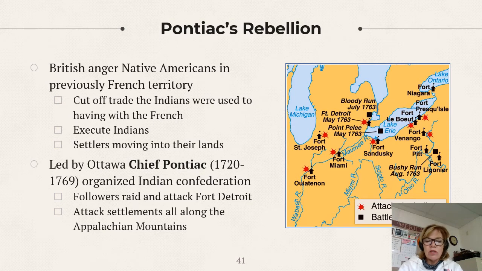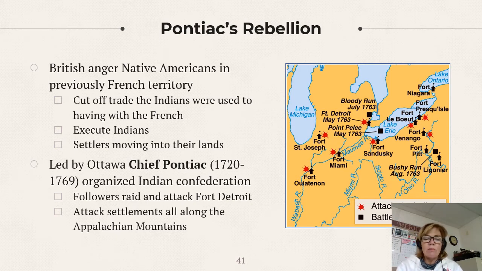Also, the person in charge, the British person in charge, General Amherst, had publicly executed an Indian woman for committing some crime. And besides that, a whole bunch of settlers keep coming out onto their territory and settling on what they perceive to be their land.